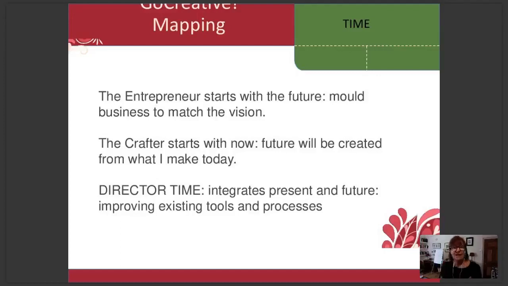Time, too, we think, take a different time perspective when wearing each of the different hats. So the entrepreneur thinks about the future, aiming out there, got the big vision, and everything then works back from there. Here is the vision. This is where we want to be in 5 years. Here's where we want to be in a year's time. Let's break that down into what we're going to do each quarter. Let's break that down into what we're doing each month. Let's break that down into what we're doing each week. Let's break that down into what I'm supposed to be doing today. And when we get to the entrepreneur role, we will start doing that with your business too.